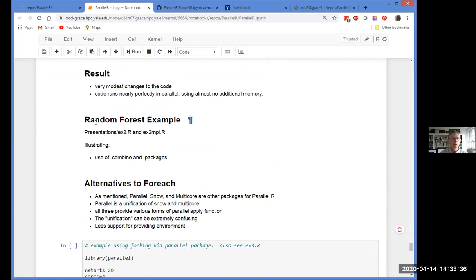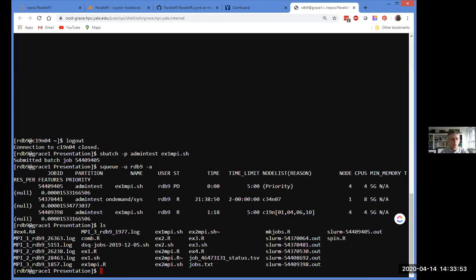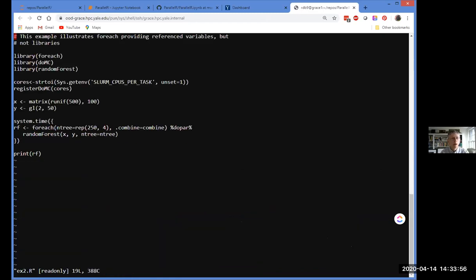I'll quickly show you another example of random forest. So random forest is a classification method, a statistical method that's pretty well known. The interesting thing about this is that random forest has a function in its library called combine. I should back up a little bit. What random forest does is produce what they call trees, classifications.